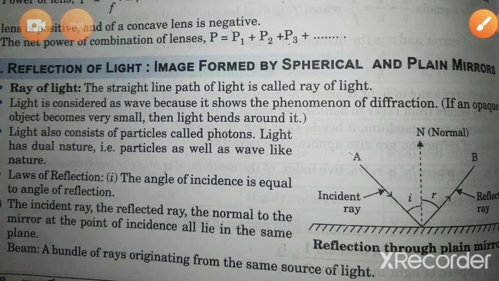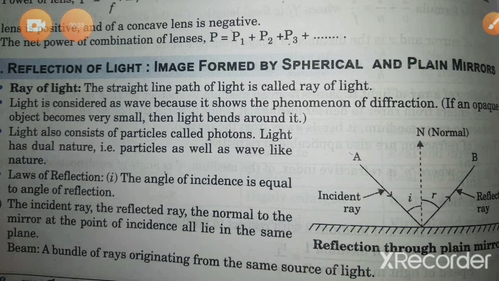Okay class, in our last video we learned about different types of mirrors that we are going to study in order to know the phenomenon of reflection of light. To understand reflection of light through these mirrors, both plane mirror and spherical mirrors, we have to understand several terms, and how an image is formed by spherical and plane mirrors. So we have to go through some basic terms to explain this on paper. To show the ray diagrams on paper, we have to understand several terms.